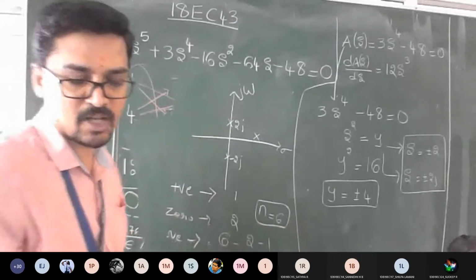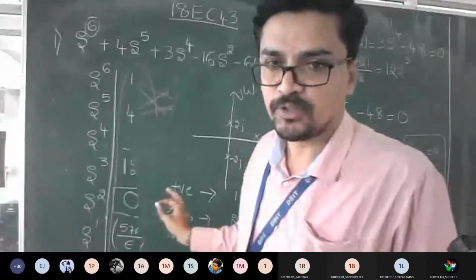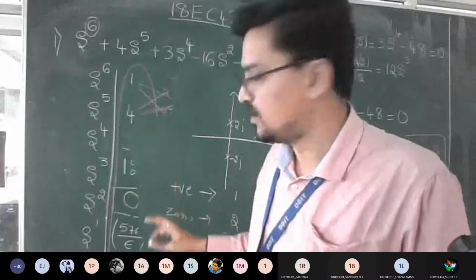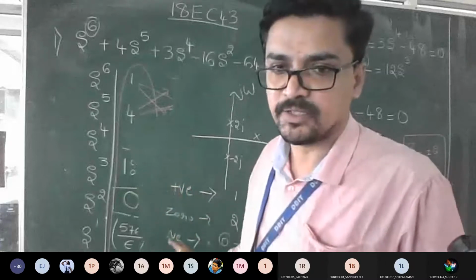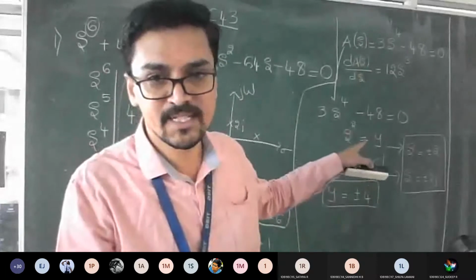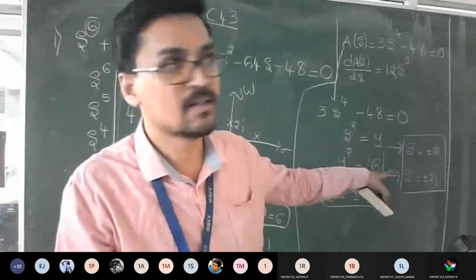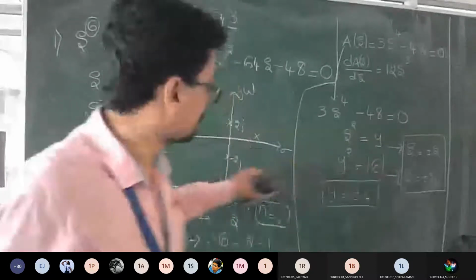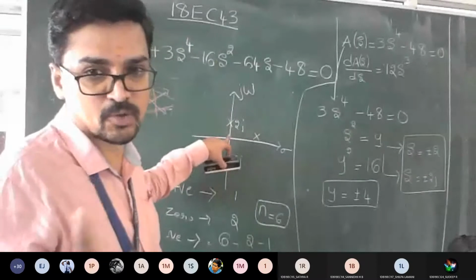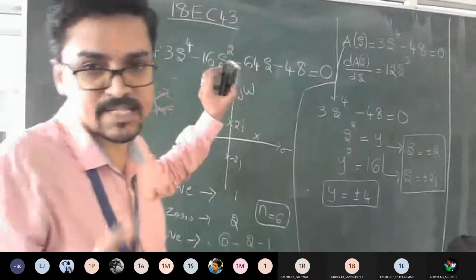Understood the logic or not, everyone? Am I clear with what I told you, how to find the zero real part, positive real part, negative real part? To find the zero real part, you just check whether the roots are on the imaginary axis, with respect to your complex term. From that we concluded that one is towards positive, one is towards negative. Totally you have two roots, and we got positive as 1 because only one sign change is there.